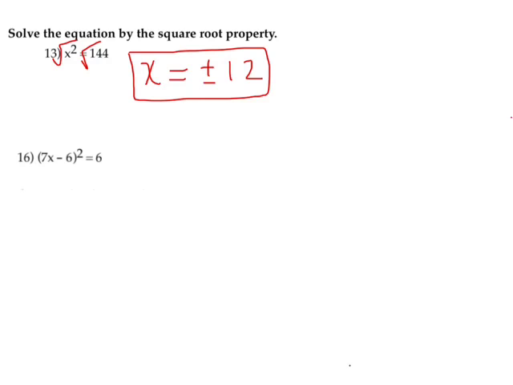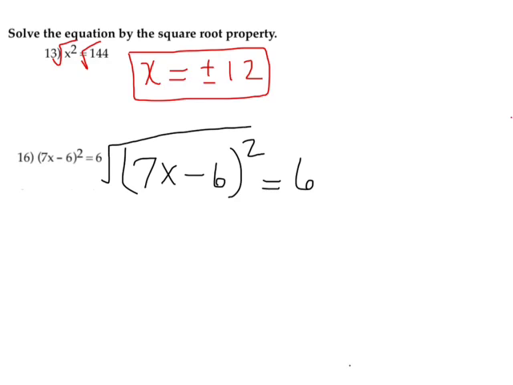The next one says 7x minus 6, quantity squared, equals 6. Okay, I notice that I have a square right here. To undo the square, I should probably take the square root. So I'm going to take the square root of both sides, and in doing so, I get 7x minus 6. Again, I get rid of the square by taking the square root, equals plus and minus the square root of